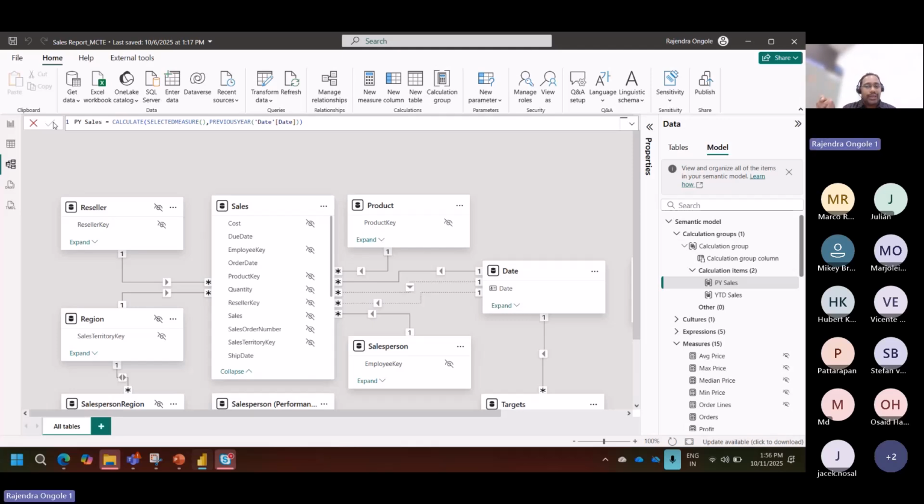So on this particular calculation group, I'm creating the multiple measures. I can reuse them, or else I can call this previous year, YTD sales, and year over year growth percentages in my visualization. How I'm going to visualize it, I'll showcase to you right now. Please observe it. One more calculation item I'm creating. This is based on sales YOY, year growth percentage,